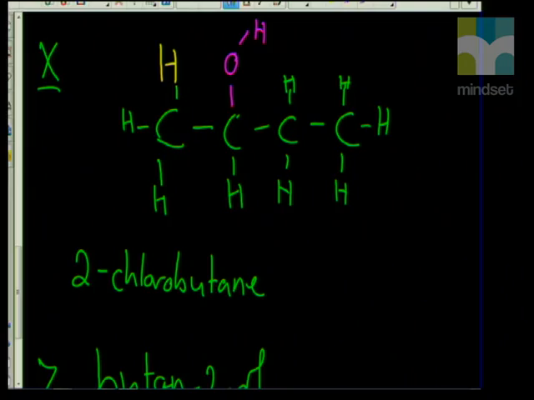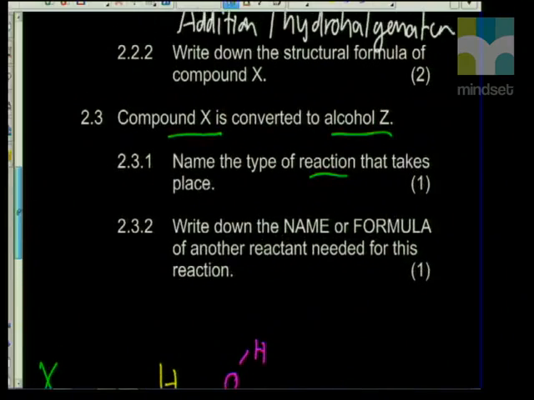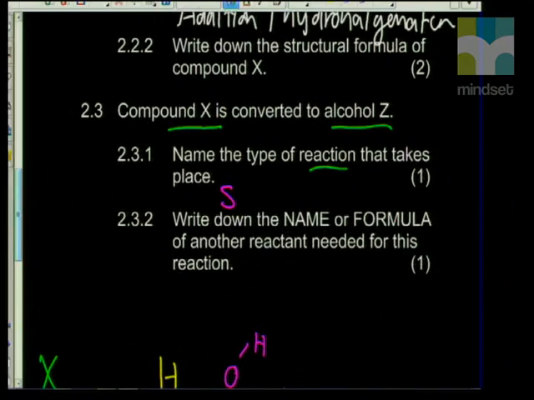So please get that terminology right. So there's your alcohol now. What's happened? The one has taken the place of the other. So the answer to our question, name the type, is substitution. So we've dealt with addition, we've dealt with substitution, and it now says just write down the name or formula of another reactant needed